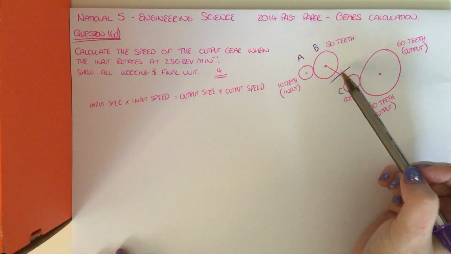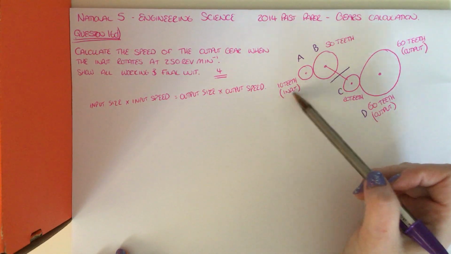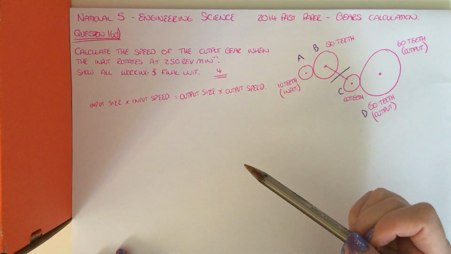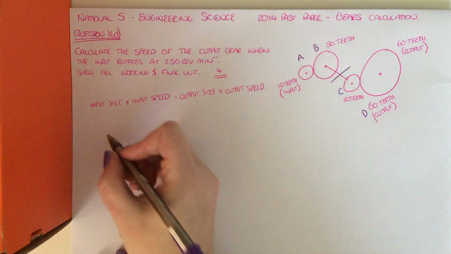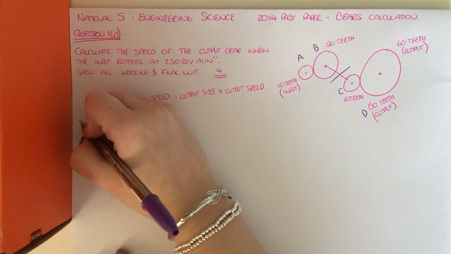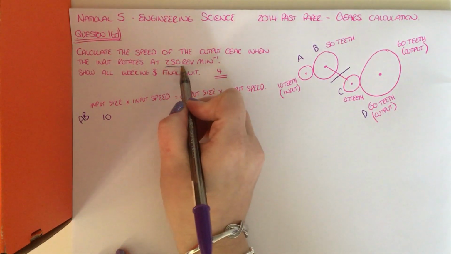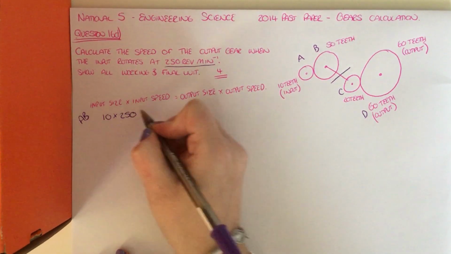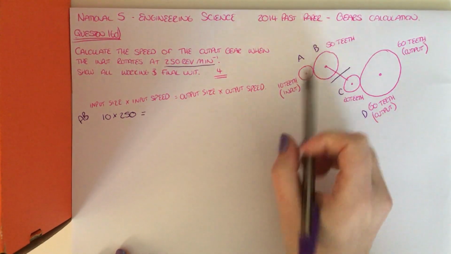We want to look at it again from points A and B, so gear A and gear B. Gear A is linked to the input and that's stated in the question. It's drawn on the diagram for you. So substituting in, the input size refers to the number of teeth. So we've got 10 teeth, gear A for this first one. So my input size is 10. My input speed is given to me in the question as 250 revolutions per minute. So it's going to be 10 times 250,